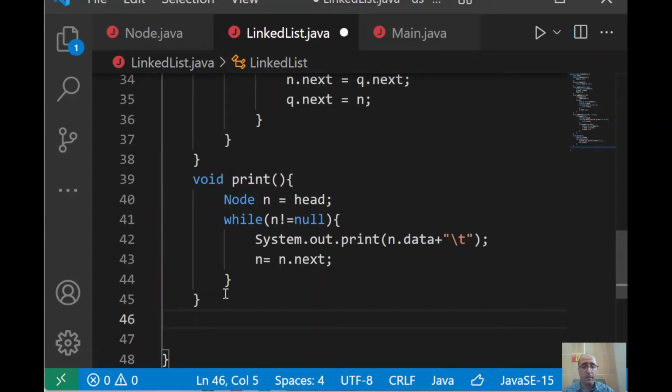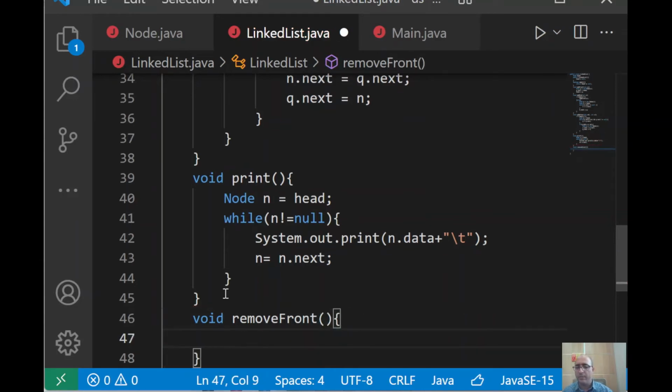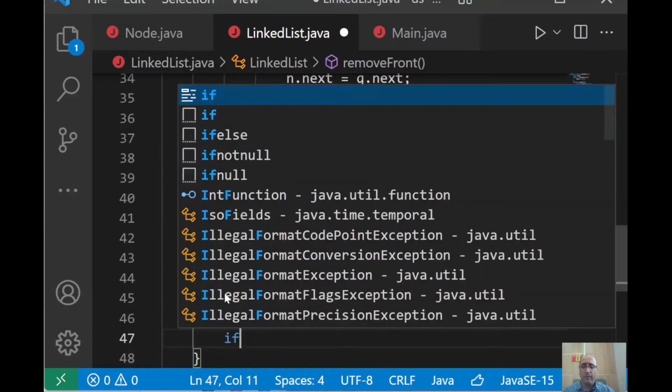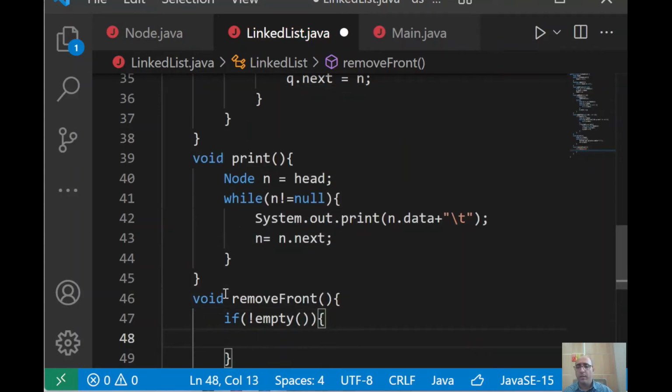So we begin by the simplest method, void remove front. We don't have to give any value in the parameters. The method will remove only the first element, or the head, in the list. So we have to check if the list is empty or not. If the list is already empty, we will do nothing. If the list is not empty, to remove the front, we will just